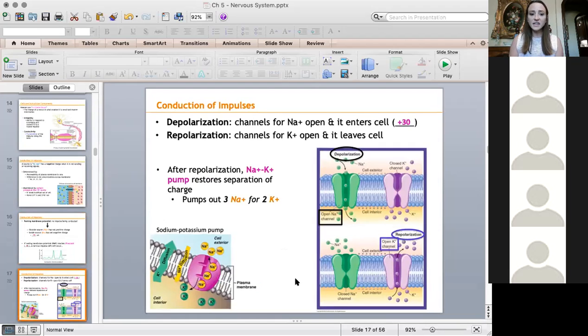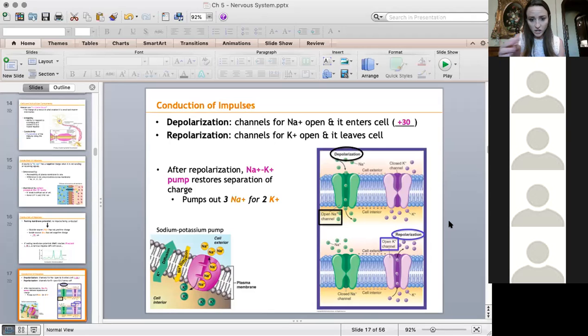All right, and then this slide here, we talk about the channels, or the sodium and potassium gates. Looking at this picture on the right side, it's a little tricky to understand, but you have to separate the top and the bottom. So let's just look at the top part where it says depolarization. It says cell exterior and cell interior. We just said there's a difference in charges between the outside and the inside, where the inside's negative and the